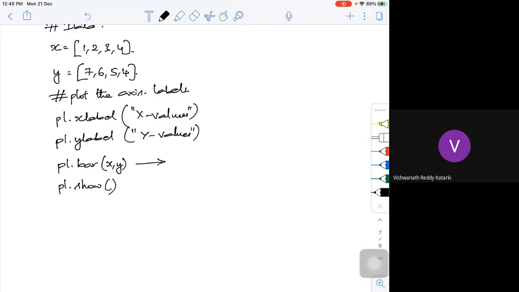This will plot a simple bar chart in blue color. Suppose I want to change this, I want to change it to whatever color I want, I can do that. I can change the width, and if I want different colors for it, I can do that. A lot of things we are trying to do can be done easily using the syntax.